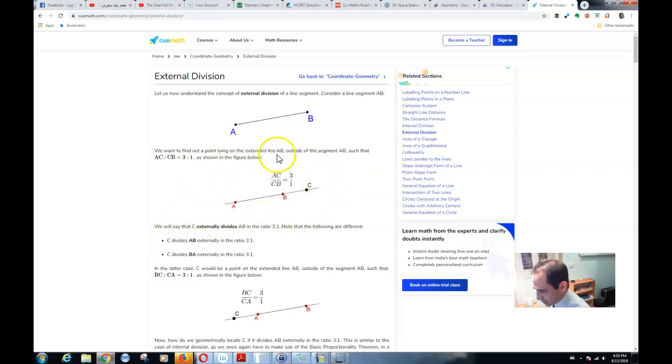And if you have this exact situation over here, we will say that C externally divides AB in the ratio